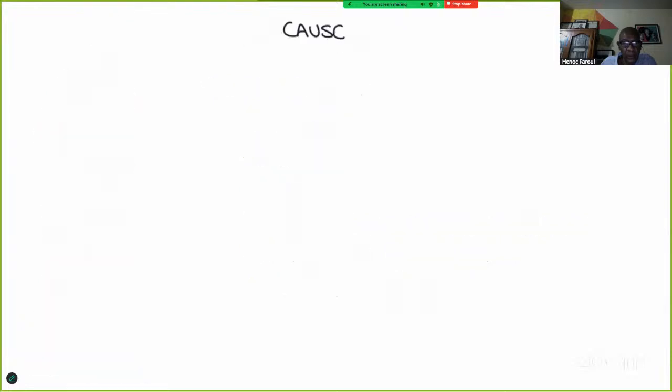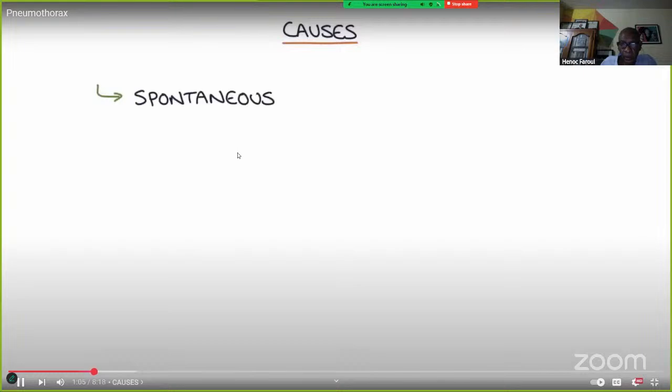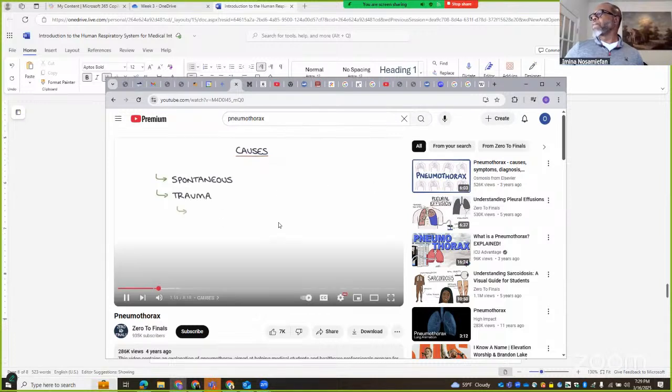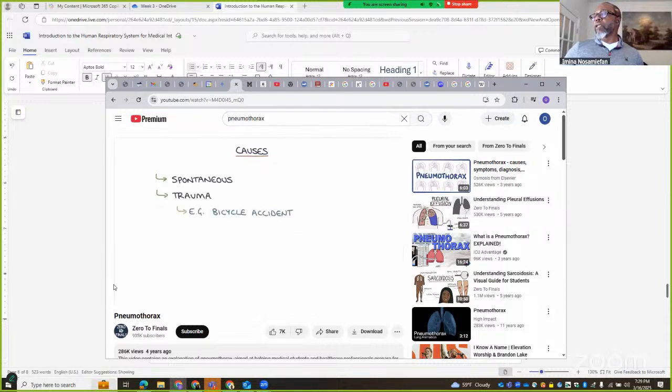Let's talk about the causes. Like we said, it can be spontaneous. So a pneumothorax can occur for apparently no reason. It can be secondary to trauma. So think about it if somebody's been in a bicycle accident or a traffic